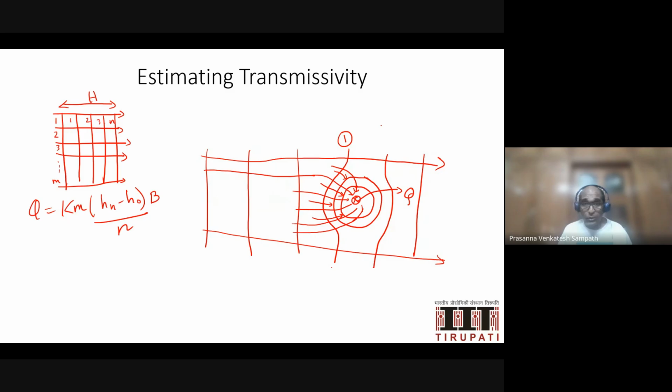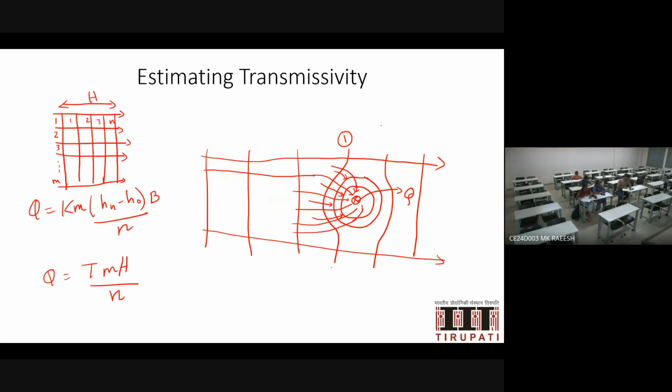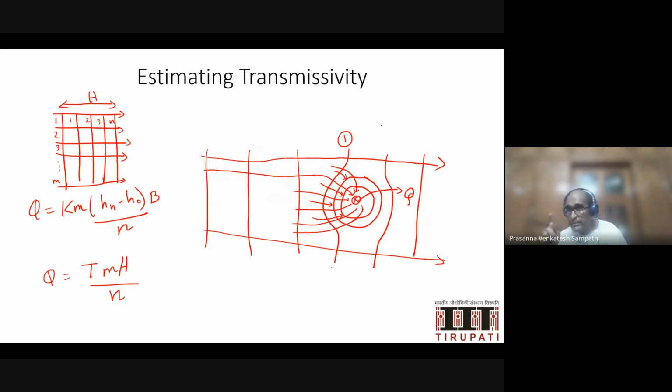Okay, it's not a cross-section view, it's a plan view. So that's why when I say perpendicular to the screen, I mean the thickness of the aquifer. Okay, so if I rearrange this, you get Q equal to K times B, which becomes my transmissivity T, times M, which is the number of flow lines, capital H, which is the difference Hn minus H naught, and then N